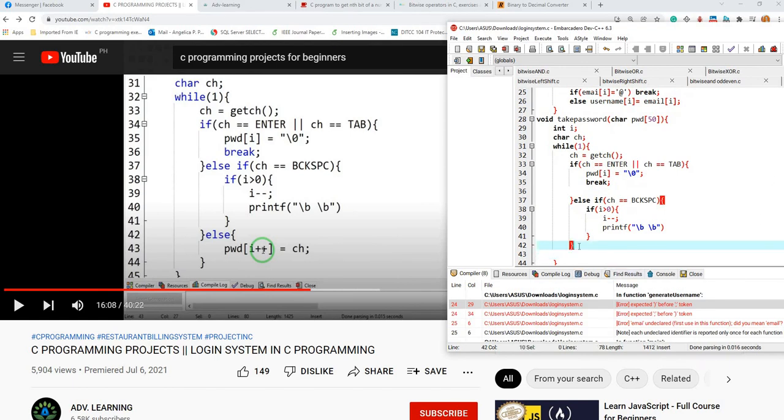Okay, else, tapos PWD, that's password, I plus plus. So this is increment. And then equals